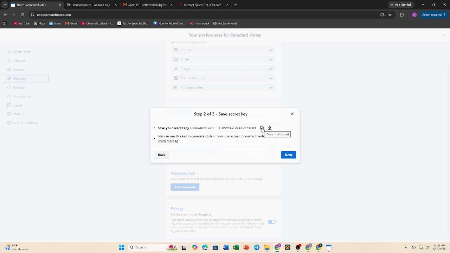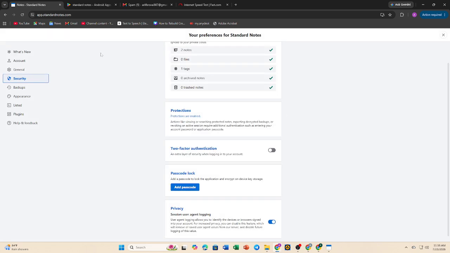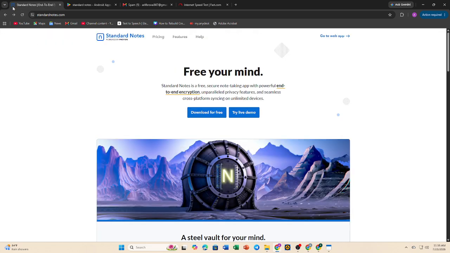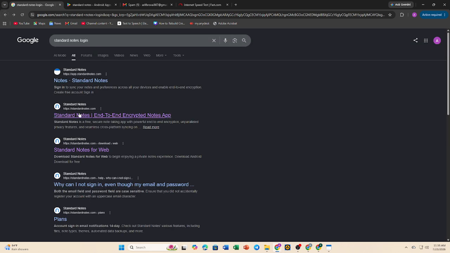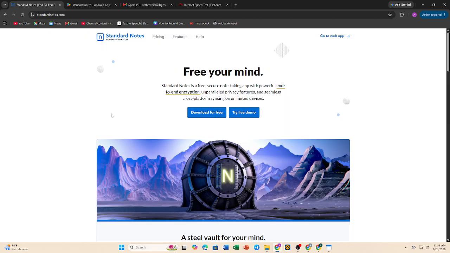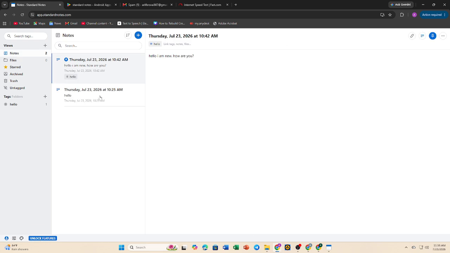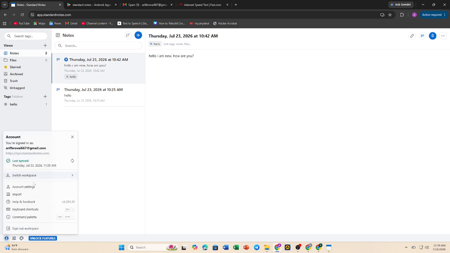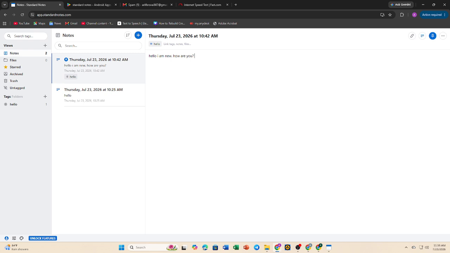Finally, sign out of your account and sign back in to test the feature. After entering your password, you'll be prompted to enter a verification code from your authenticator app before access is granted, and that's it. You now know how to enable two-factor authentication in Standard Notes and add an extra layer of